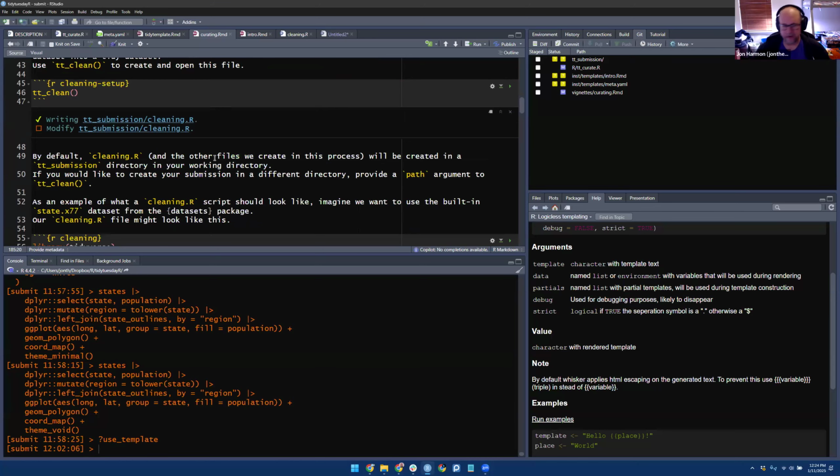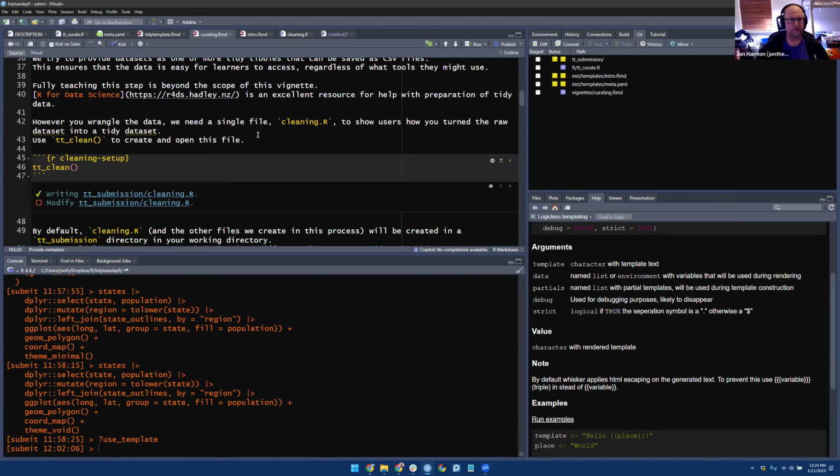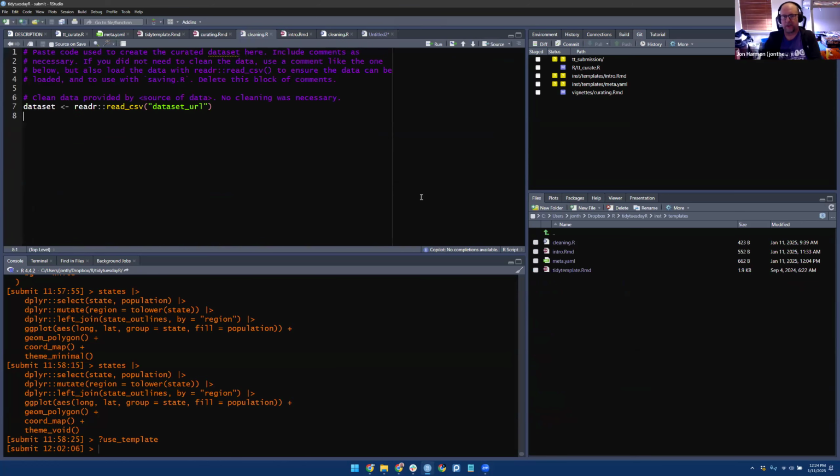So that first file, cleaning.r, is going to start out as a mostly blank file. It looks like this. It gives a little bit of instructions, but the idea is that this is where you do your data cleaning. Whatever it takes to clean your data set, we want to see how to do that. The idea is to start with whatever the source of the data is. If the source is not publicly available, you can start with a comment about that,